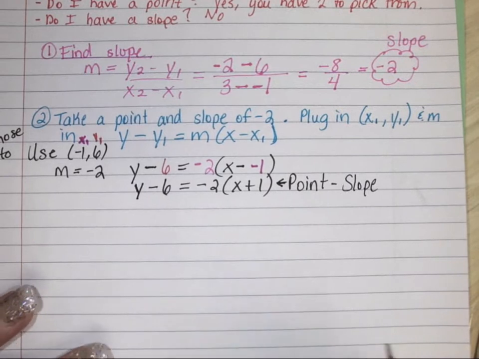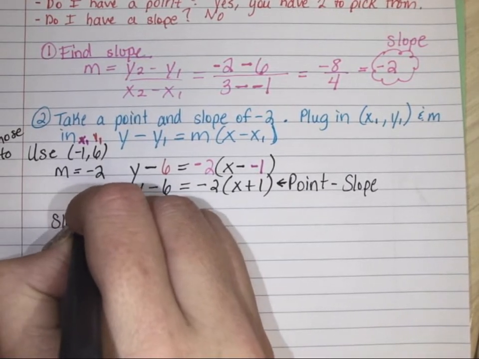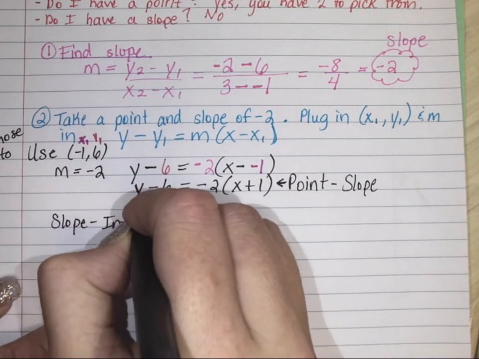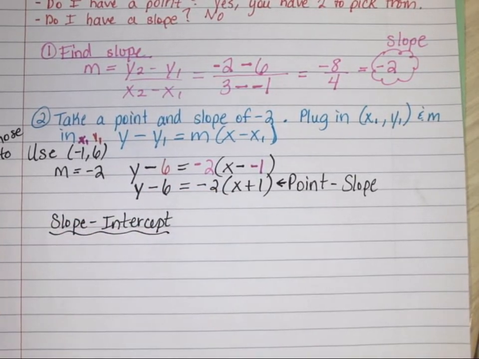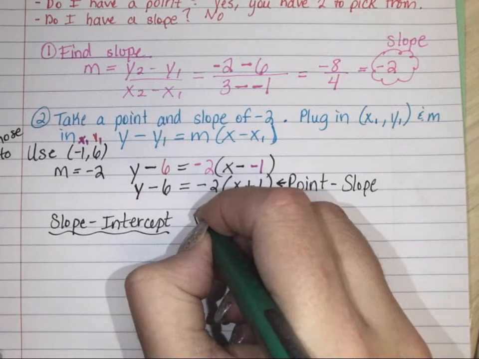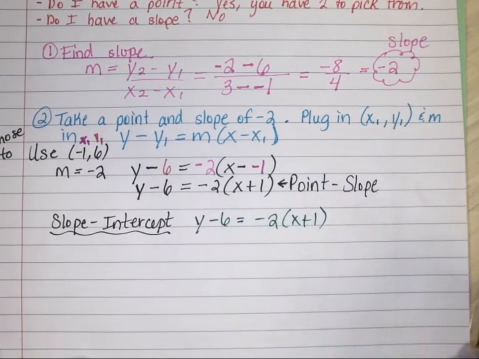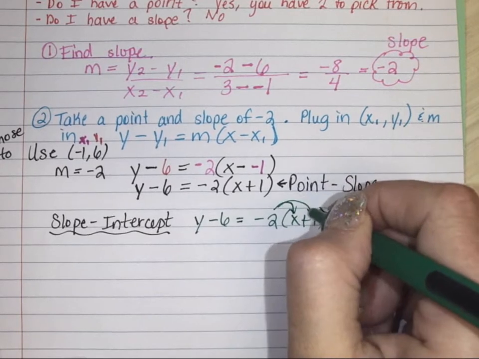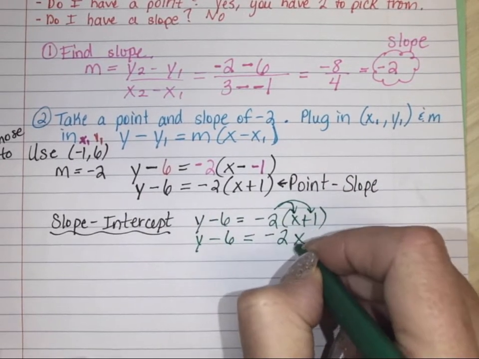However, if they ask you to go further and leave it in slope-intercept form, you would actually have to solve it for y. So this is what it would look like. You would take your equation from above and distribute -2, -2x minus 2,